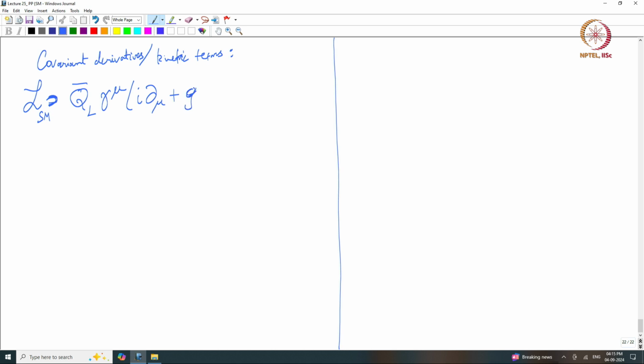It participates in the strong force, so I have the strong coupling and it hits all the 8 gluons, right? What else? I have the weak coupling and that hits all the 3